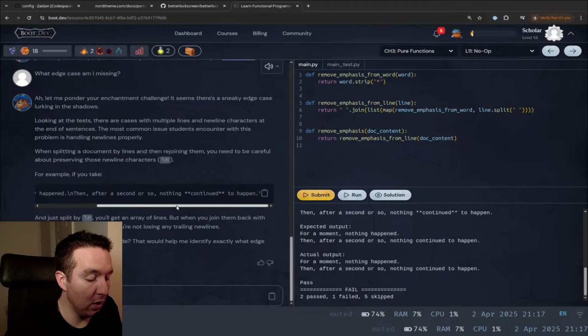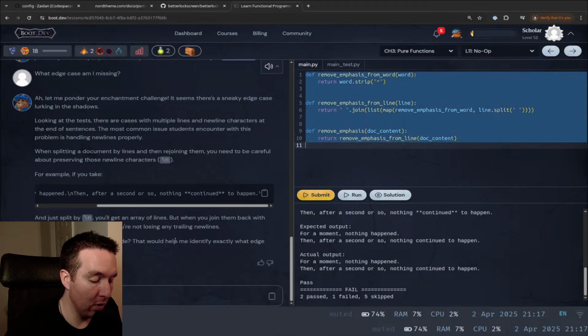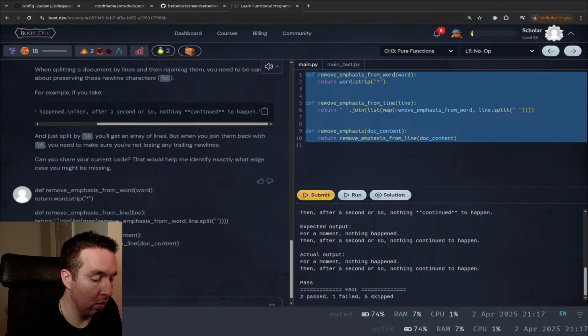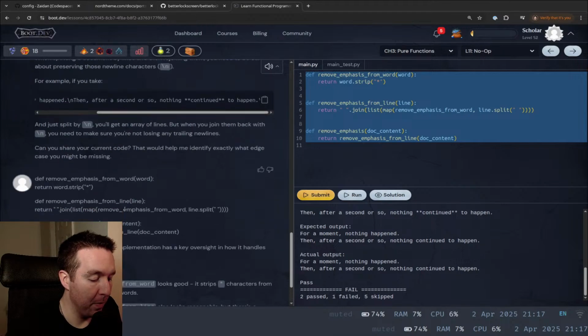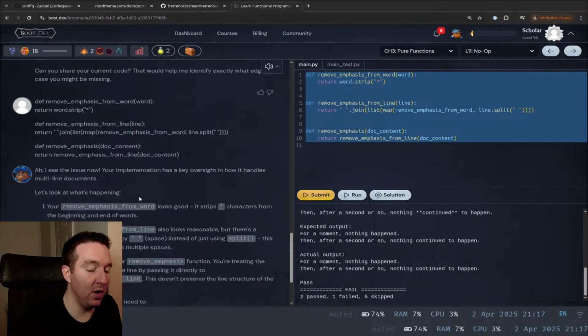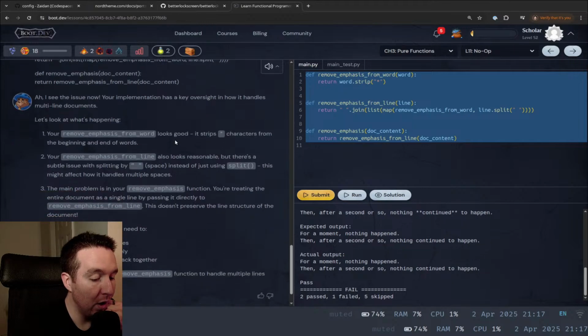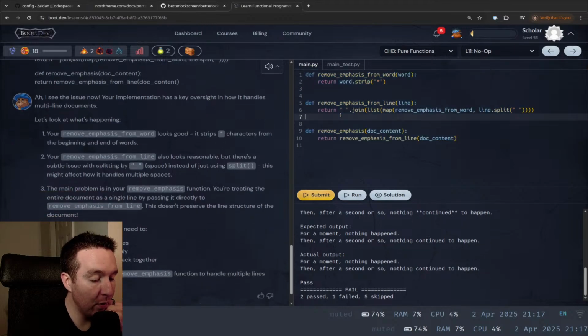Can you share your current code? Yeah, sure. I see the issue now. Your implementation has a key oversight that handles multi-line documents. Let's look at the word function. Looks good. Strips asterisk characters from the beginning and end of the words. Your remove emphasis line also looks reasonable, but there's a subtle issue by using split with a space instead of using